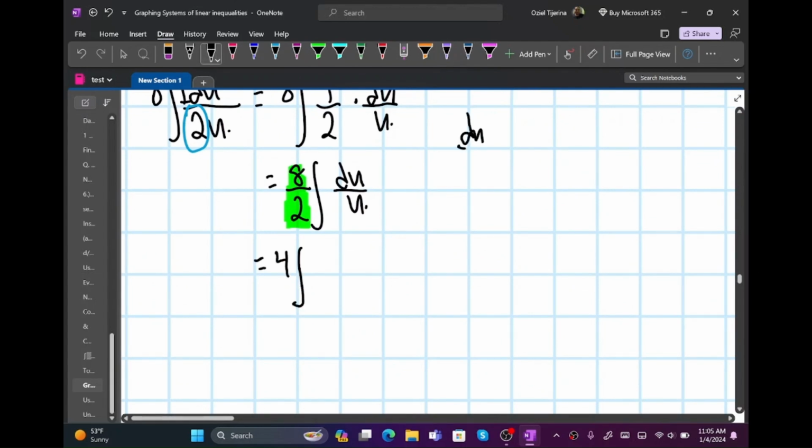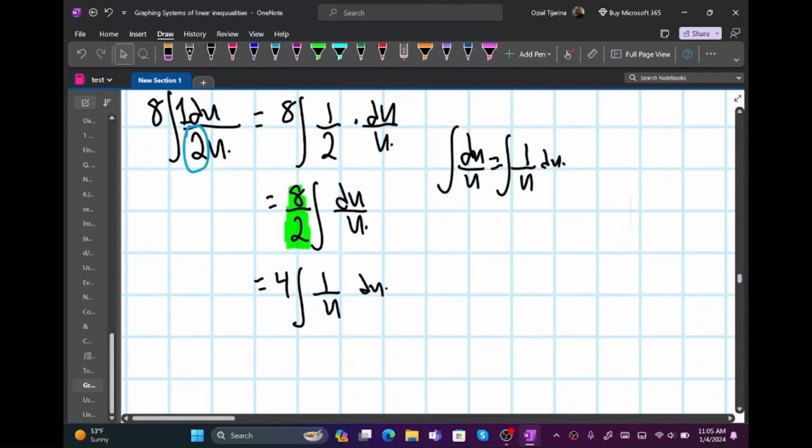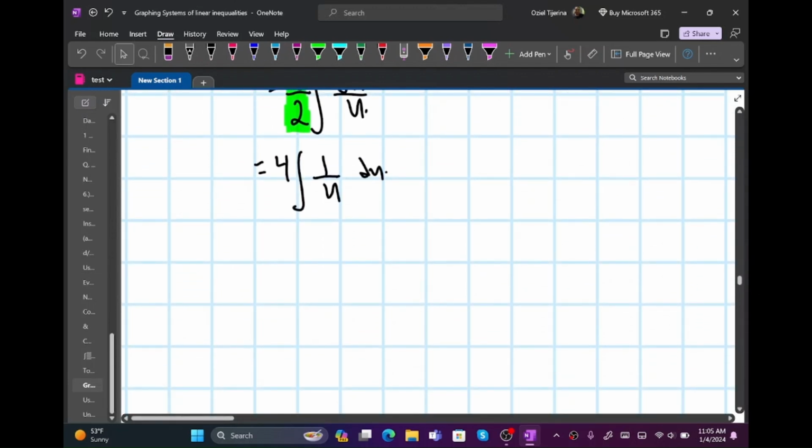over u. Just remember, integral of du over u is the integral of 1 over u du. It's the same thing, we're just rewriting it that way. Now from the common integrals that we had, we want to remember that the integral of 1 over u du is the natural log of the absolute value of u